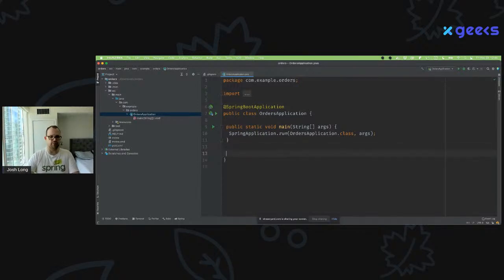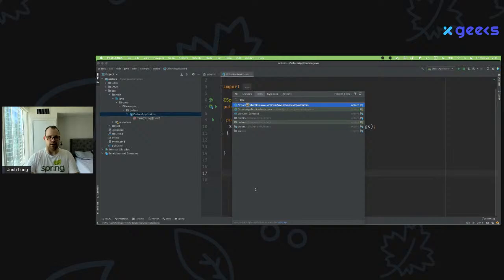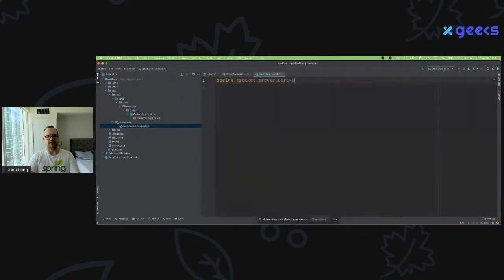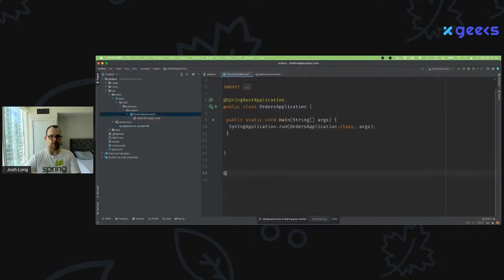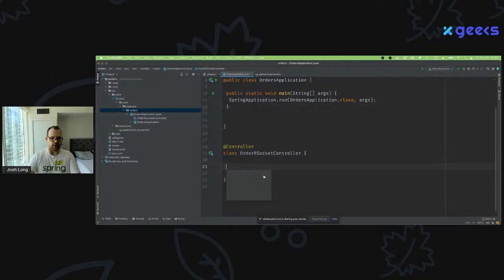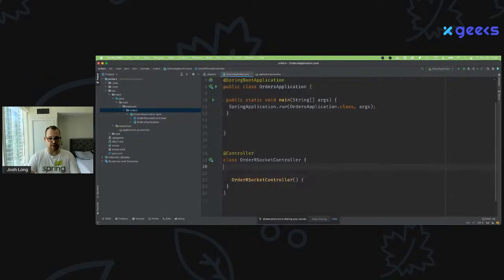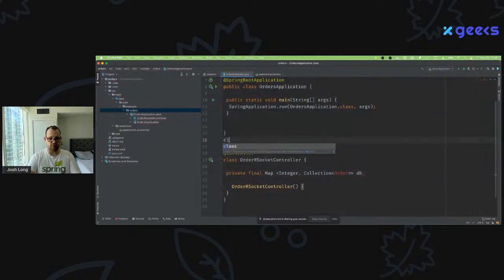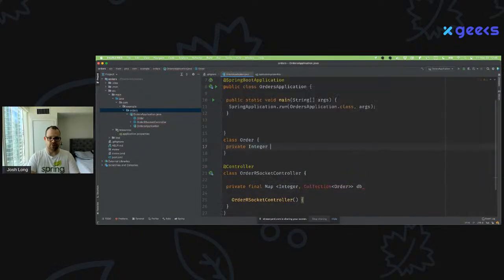Okay, so we're going to build a very simple order service using RSocket. I'm using Java this time. I made the mistake of accidentally using Kotlin last time, but it's fine. So we're going to use 8181. We're going to create an RSocket controller, class OrderRSocketController. And this RSocket controller, I'm not going to bother with a database. I'll just create a constructor here, and we'll just create a little in-memory database of order data. Now, order data is like you have customers, and I want order data as well. So map integer collection of order. And of course, the order is an object that represents the ID and the customer ID.